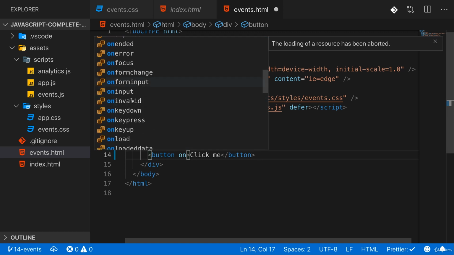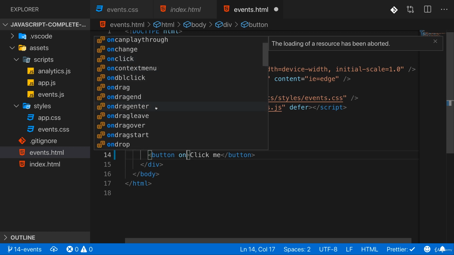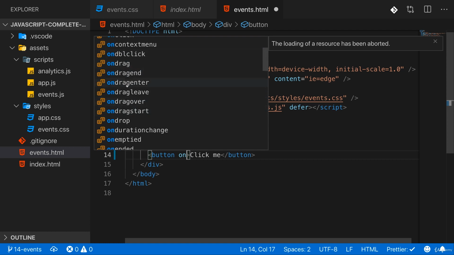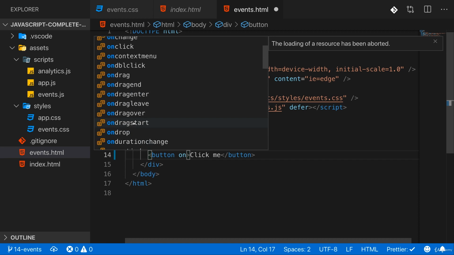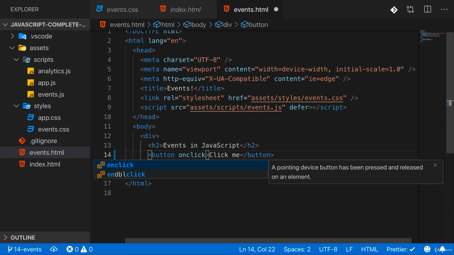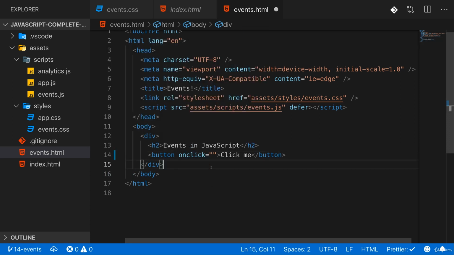So for a button, we got a lot of those: on blur, on click, on double click, on context menu, which is a right click, on drag, various drag events, which I'll dive into later, and so on. There are a lot of events we can use there. Now, I'm interested in on click here, and then as a value, you assign some JavaScript code which should execute when this event here